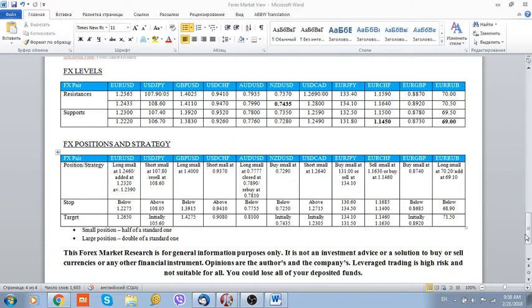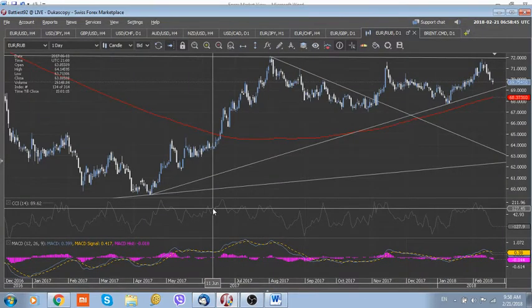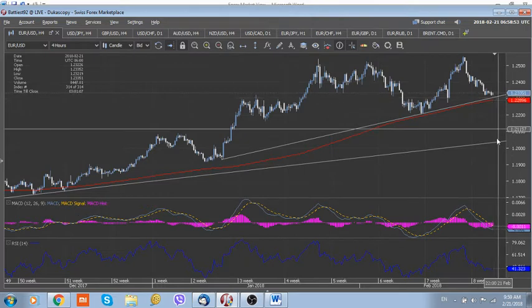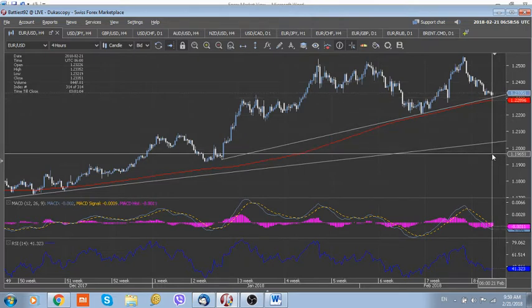You can see that we increased our position in the euro dollar at 123.20. Now the average is 123.90. The stop is below the lows of 14th of February at 122.75. Also here at 123 you can see the accelerated uptrend. So we'd like to put our stop loss both below this accelerated uptrend and below the moving average line, which lies at the moment at 122.90.